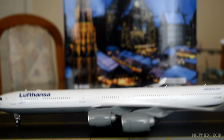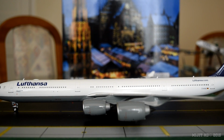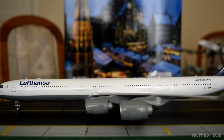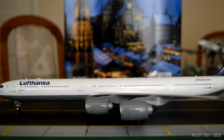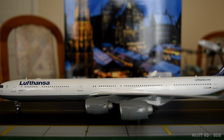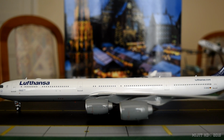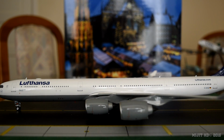Alright, so let's go through the seating of this aircraft now. So we have version 1, which is for this aircraft. There are 8 flatbed seats, rows 1 to 2, and that's from here to here. Then we have business class, 44 angle flat seats, rows 3 to 7 and 10 to 12. And that's from